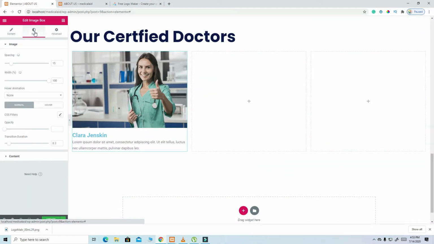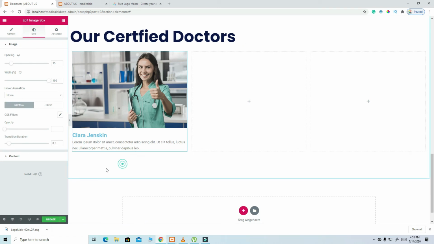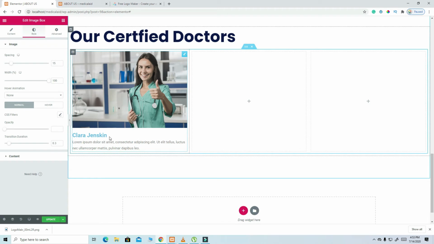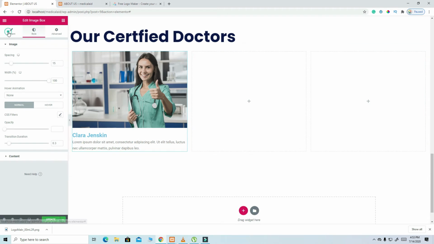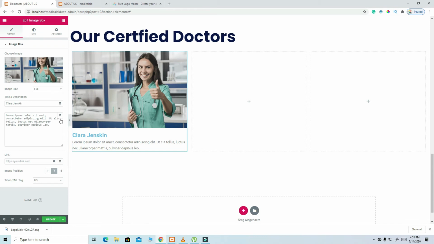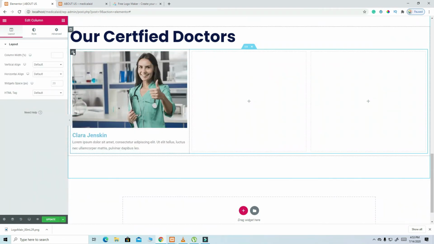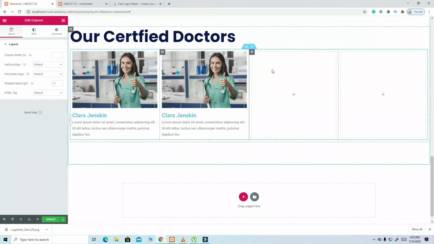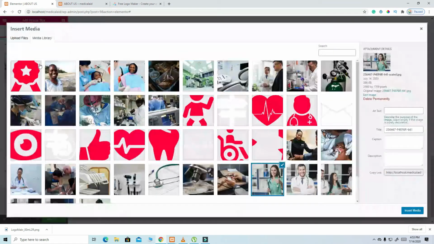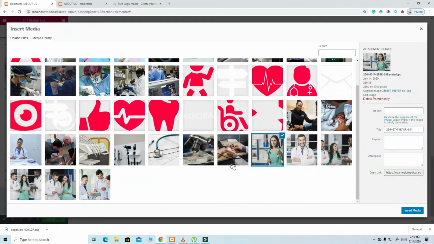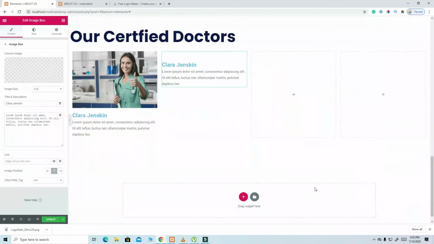Then I'll click here. So let's just leave it this way. Let me click here, then I go to content. From the content, Clara Jenskin, and then I'm just going to duplicate this one. And then I delete this. Maybe we will make it this way to be 4. Yes, actually they're supposed to be 4. And then I'll click here, then take the image. Let's use another guy. Let's use this guy, insert him,